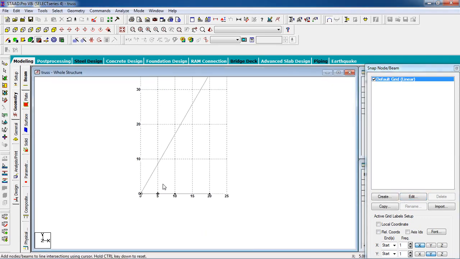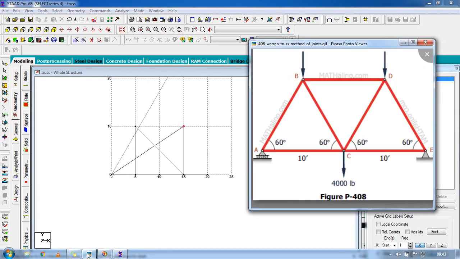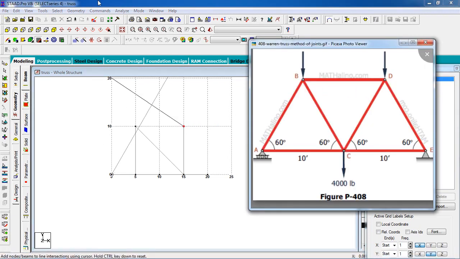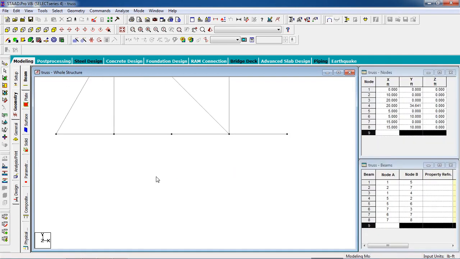Now you can see, now select a member in the middle of this member and again in the middle of this member. Now switch off the grid.